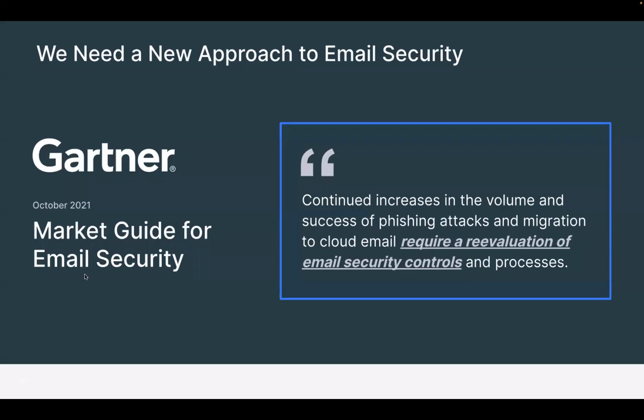And then, of course, I'll take some questions here before we jump into a quick demo, looking at the approach that we see from email security in general. As I was reading some of the market guides on email security, a variety of recommendations provided by Gartner note that phishing continues to be a huge problem. The cloud email migrations open the door towards reevaluating the email security controls that any customer has within their environment, right? And the idea there is who can catch the highest amount of some of these more advanced attacks that we want to be able to highlight in every integration or every inspection that we do.